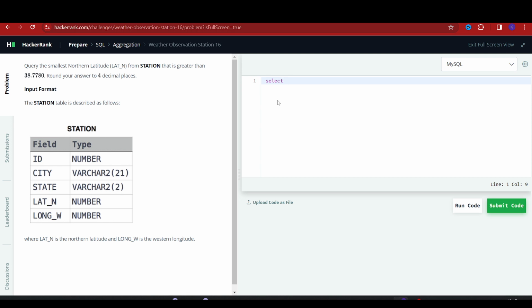So select minimum northern latitude, and we want it rounded to 4 decimal places. So I will use the round function here. Round, and from the table